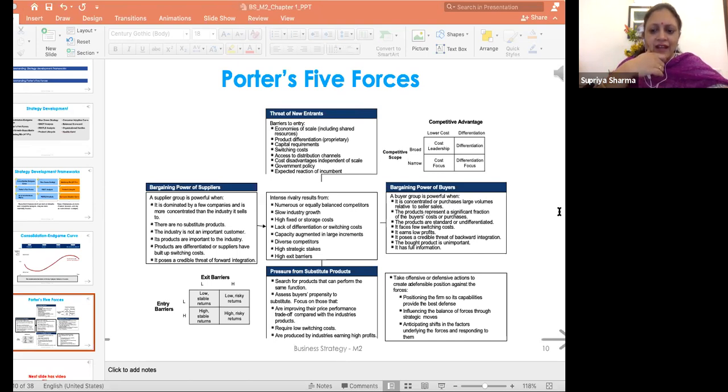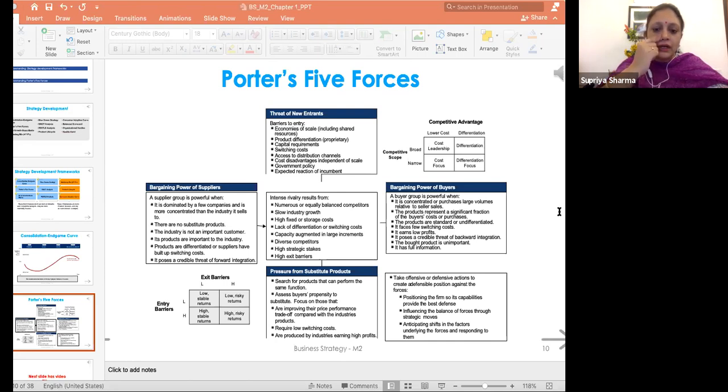So these are 5 undeniable forces that play a very important part in shaping every market and industry in the world. Of course, there might be some caveats to it, but generally, by and large, these are the 5 forces that are used. So coming to this, Porter's 5 forces are, one is